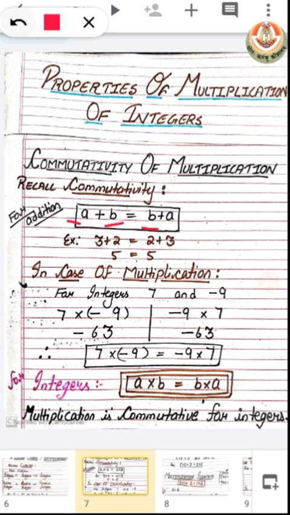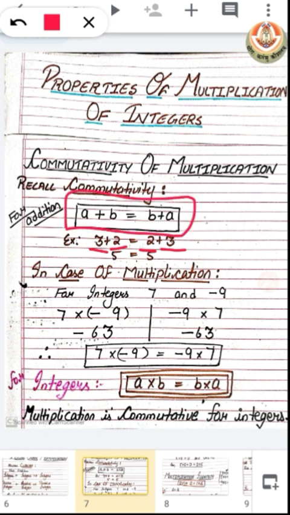Okay, let's check with an example. For 3 and 2, when we add 3 and 2, we get 5. And when we interchange their values and add 2 with 3, we also have 5 as the answer. So that means this is